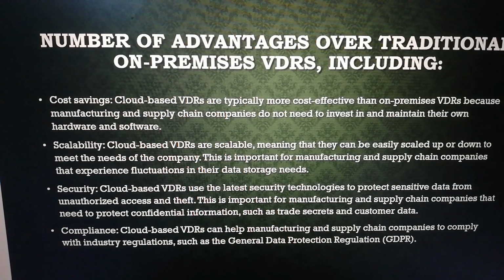Security. Cloud-based VDRs use the latest security technologies to protect sensitive data from unauthorized access and theft. This is important for manufacturing and supply chain companies that need to protect confidential information such as trade secrets and